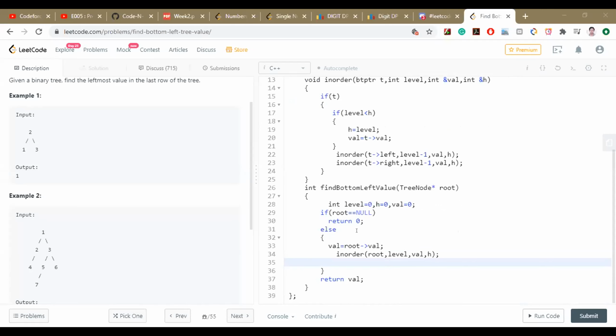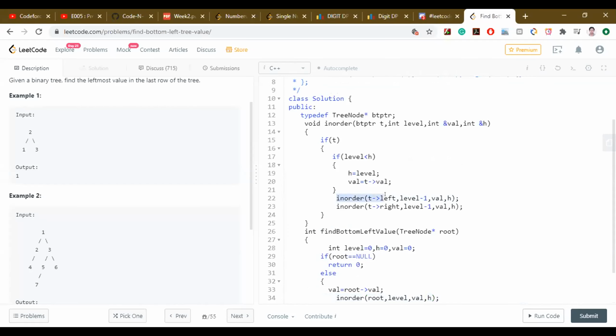So what I'm doing is a pre-order traversal initially. I have taken 4 parameters: root, level, value, and h. This h will store the minimum value of the level. I'm going first left and decrementing my level, and side by side I'm checking against the previously stored height.